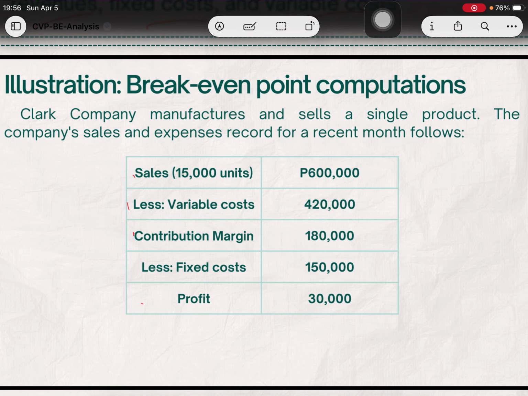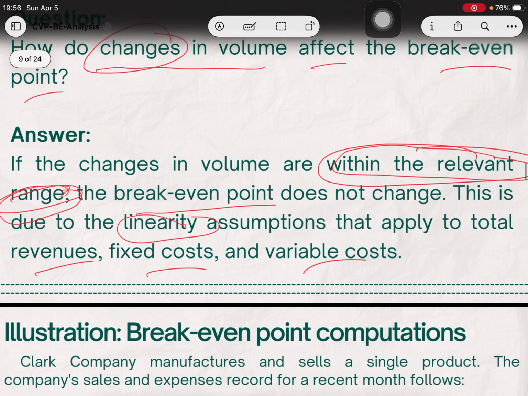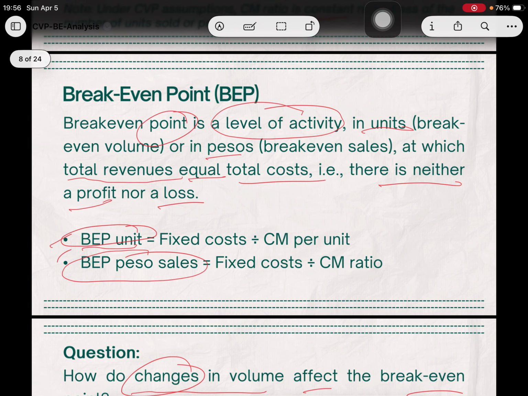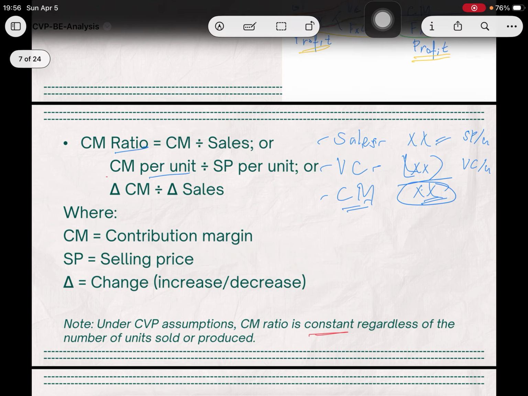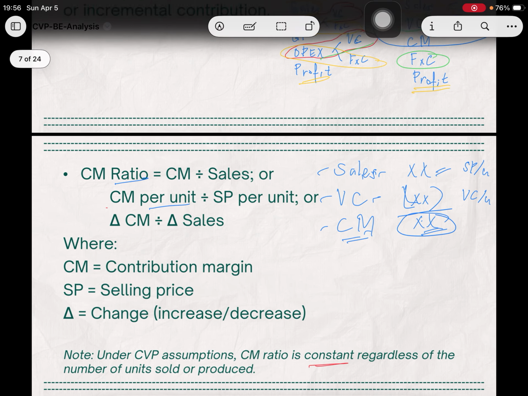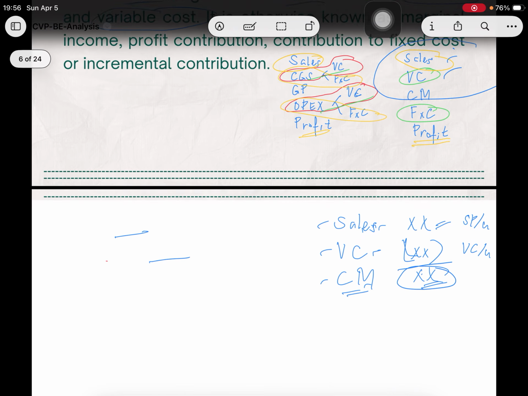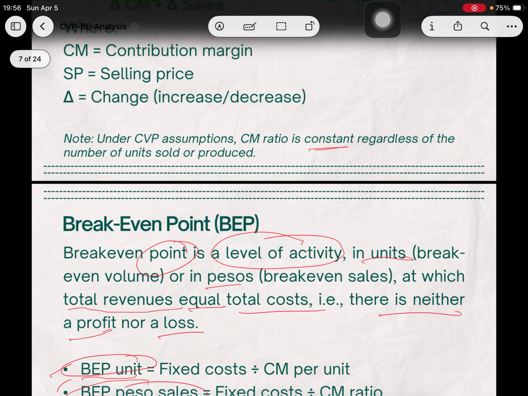Okay, sige, solve natin, no? Apply natin yung pinag-usapan. Ang mga gamit natin dito ay yung formula ng break-even point, yung pag-compute ng contribution margin, at saka yung mga prior concepts natin